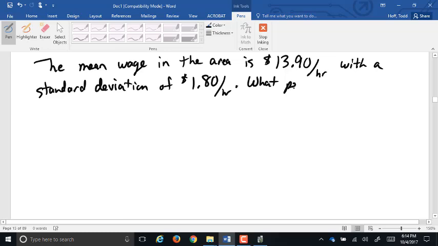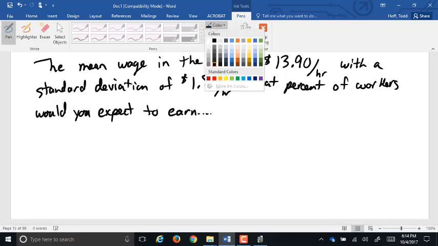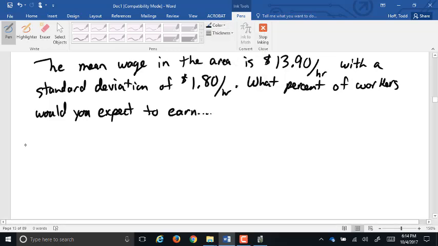What percent of workers would you expect to earn less than $10.30 per hour,